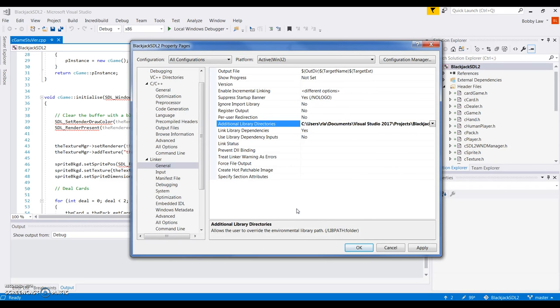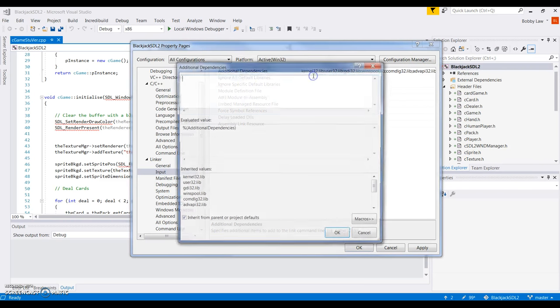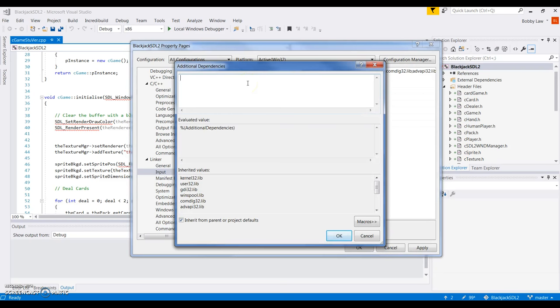Okay, so once we've done that, what we want to do now is go to the additional dependencies. For that, we click on Input, which is just below General, and go to Additional Dependencies. We click the down arrow and say Edit, and in here we have to type in what the additional dependencies are. So in this case, the additional dependencies are actually